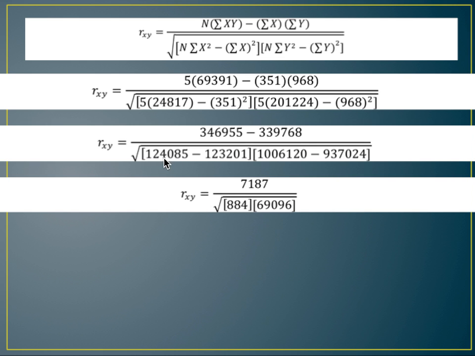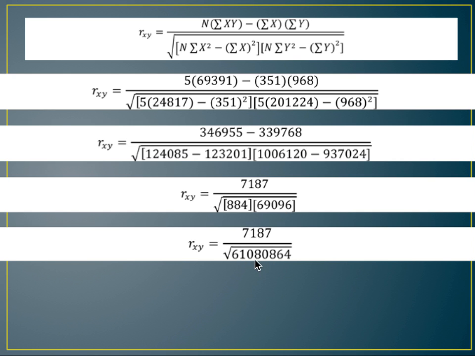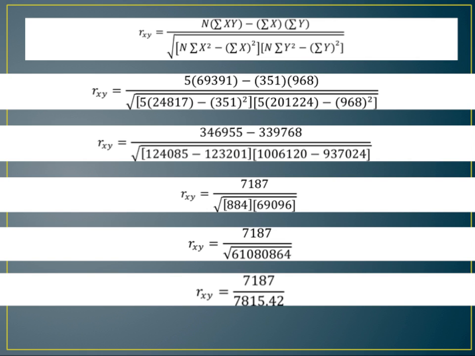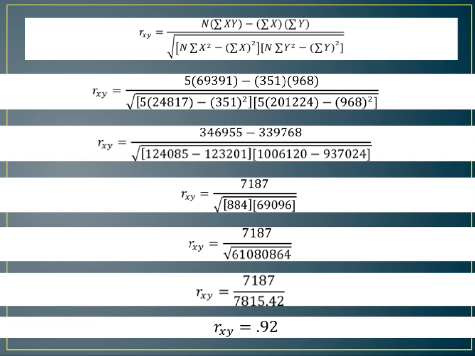Divided by 124,085 minus 123,201 is 884. 100,120 minus 937,024. Ooh, these numbers are getting big, is equal to 96,096. Next step, we just multiply those two together, and then we square root them. And then we are left with one division, and we get our correlation, which is equal to 0.92,